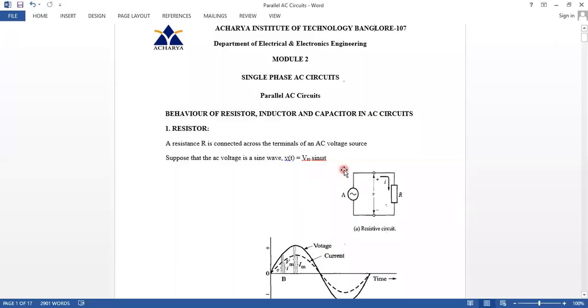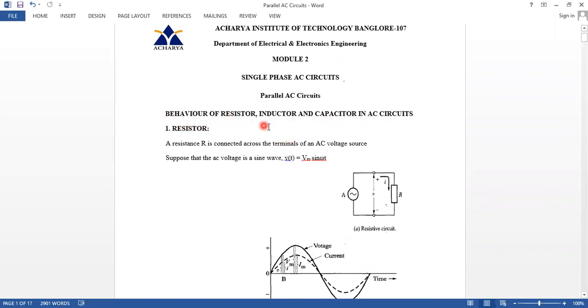Good morning, dear students. When we did the class about single phase AC circuits, we studied how the circuit behaves with a pure resistor, pure inductor and pure capacitor in AC circuits. Also we have seen how the circuit behaves when a resistor and inductor are connected in series, that is the RL circuit across an AC source, and when a resistor and capacitor are connected across the AC voltage source. And also when all three, that is resistor, inductor and capacitor, are connected in series, how the circuit behaves. So let us now continue.